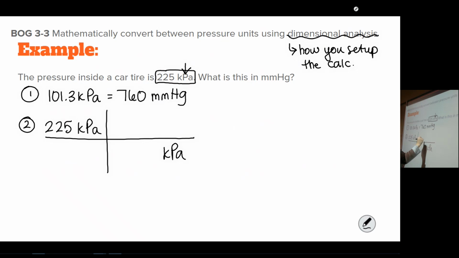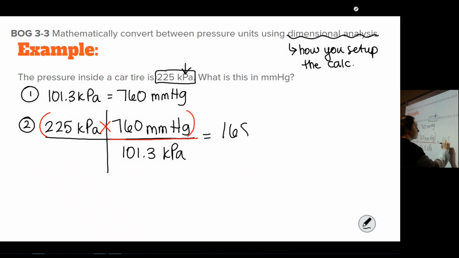And then what I'm trying to get to is always going to go up top. So you're always going to multiply by the unit you want to get to. So all I have to do, put my numbers in accordingly. Okay, so I take my 225, multiply by 760, and then I can divide by my 101.3 kilopascals. And the number I should get,